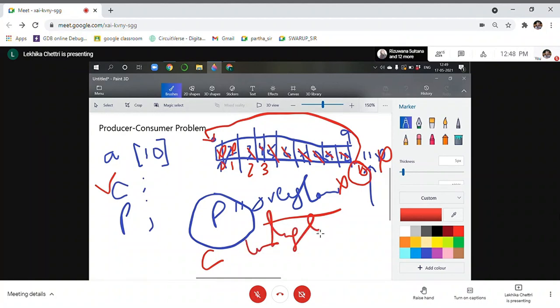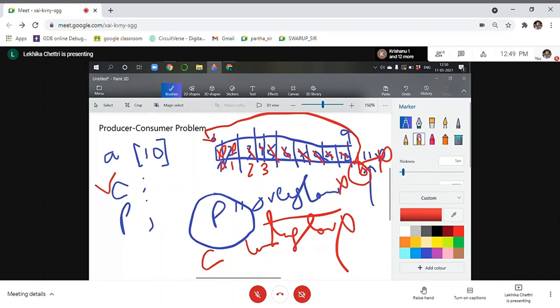The problem: underflow occurs. Underflow means it is trying to consume a resource, and the values from this array are also a resource, from a location where the resource does not exist at all. Then this is called underflow. So this is one of the situations of the producer consumer problem.